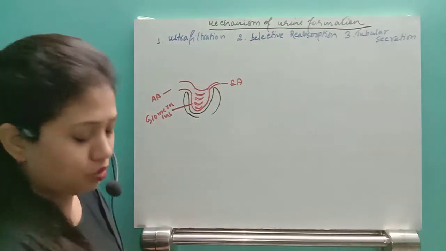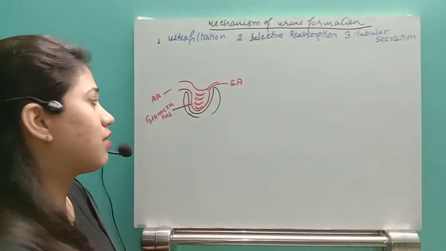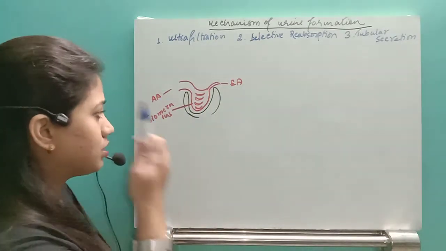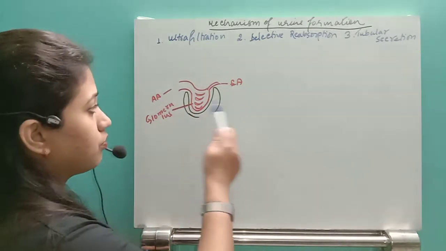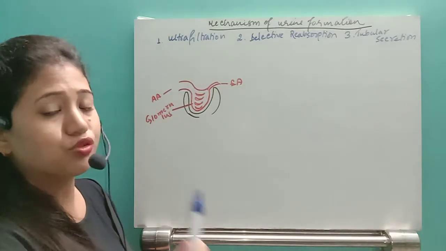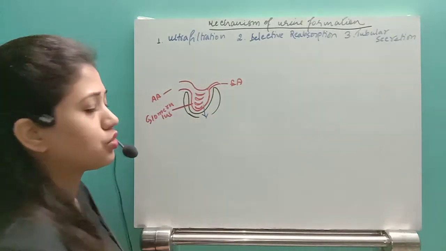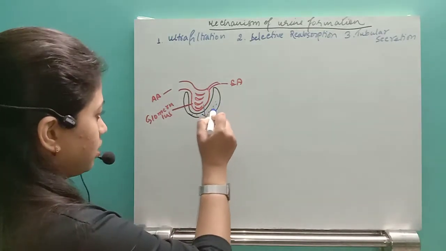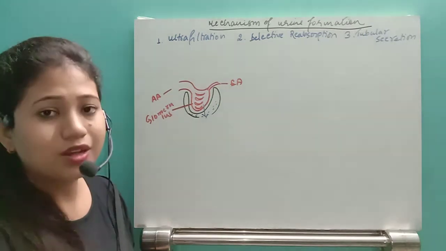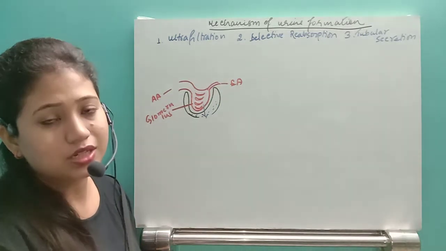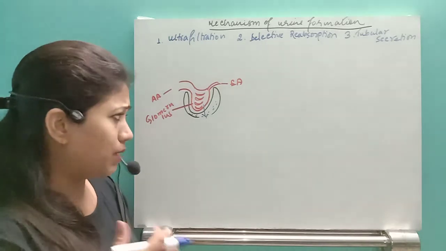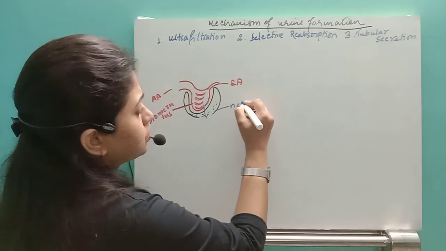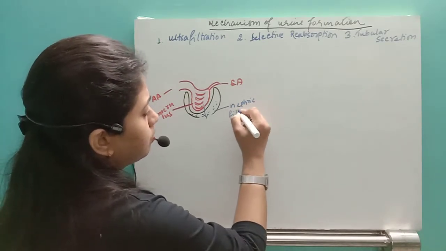Now what happens here? The process of filtration occurs. That means from this afferent arteriole, the blood with more force and pressure enters the glomerulus. And from the efferent arteriole, as less blood is allowed to move outside, a pressure is created, and due to that pressure, the blood gets filtered outside into the Bowman's capsule. So the fluid coming out will not contain RBCs or platelets. What is present is the nephric filtrate, which is nothing but plasma.